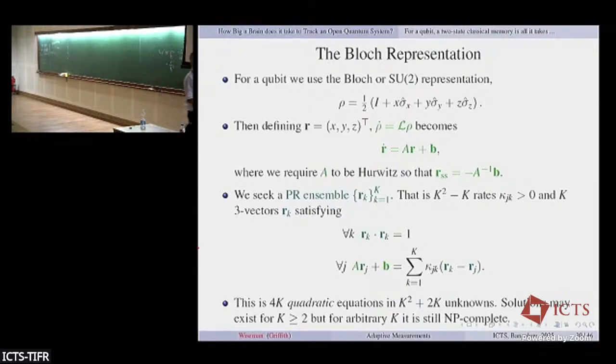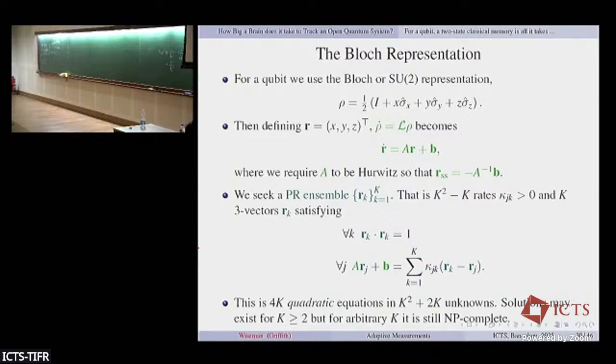But you might notice, if I restrict to just K equals 2, and I'll do this on the board to make sure this is actually a tutorial, I have just 2 equations. A is a matrix, and B is a vector. So A R1 plus B equals